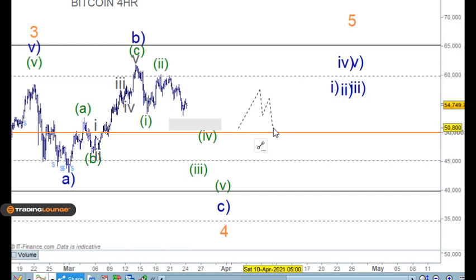There's 3 waves and then another 3 waves. It doesn't have to take the top out because that would be a regular flat at that point. So 3, 3, and then 5 waves here, and a regular flat just really stays below the top and above the bottom here. But an expanded flat takes the top out over here